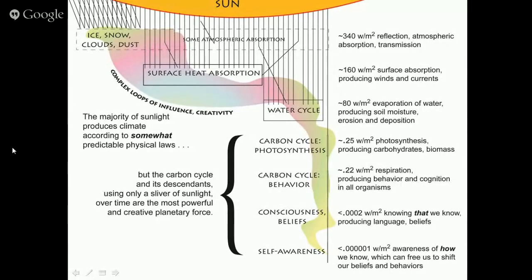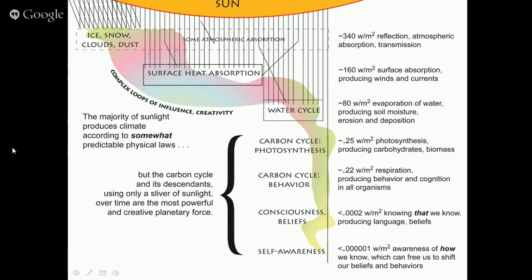Of course, we have the atmosphere, and we have soils. We have the enormous complexity of living organisms that continue to transform our planet. We'll go down to behavior, consciousness, and beliefs, and finally, there are many forks in this pathway, if you will,